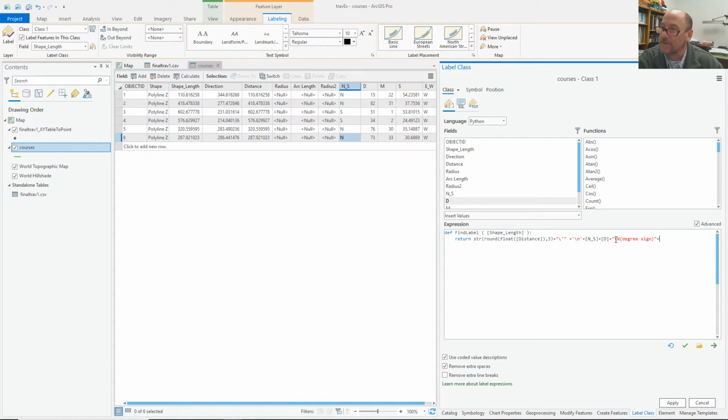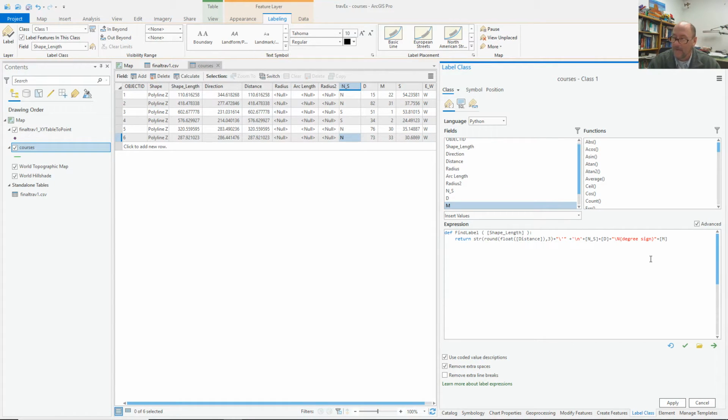So that'll give me my little degree symbol, and then I'll put the minutes. I'll add a plus between everything, and after the minutes, I'll put another apostrophe, so that's a \apostrophe in double quotes. Single quote, double quote, there we go. That should work. And then this is where I have to round, so I need to use a string to go from round the float, so similar to what I did with the distance. So float,